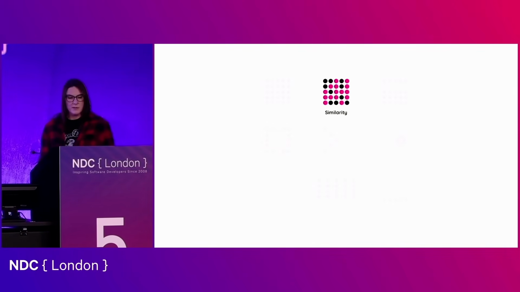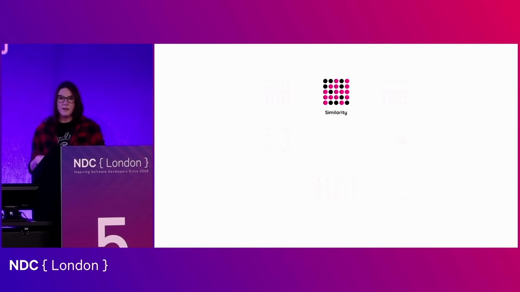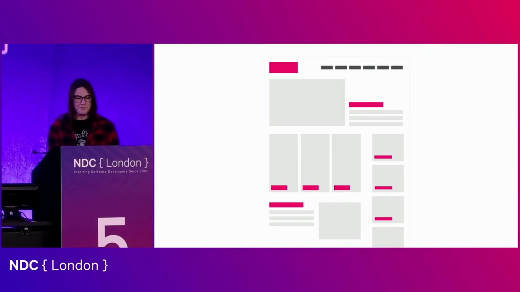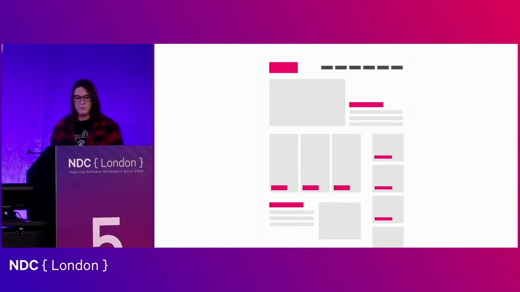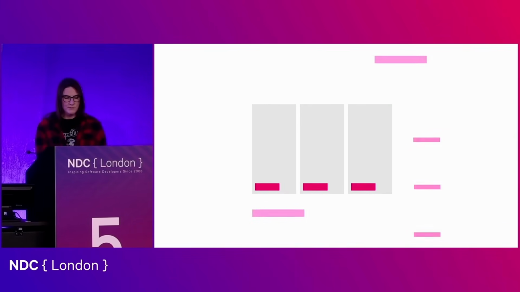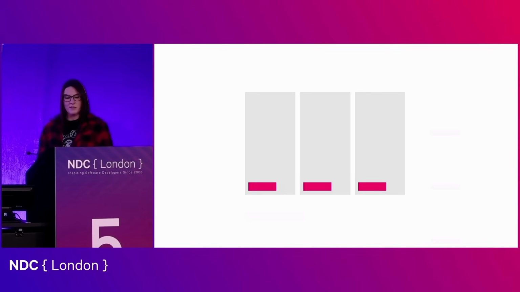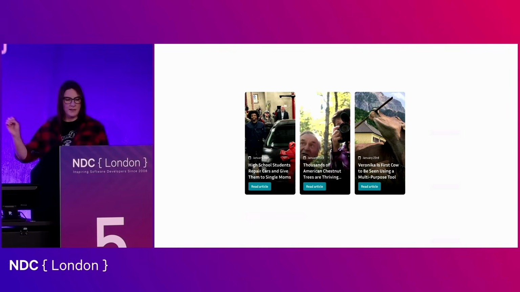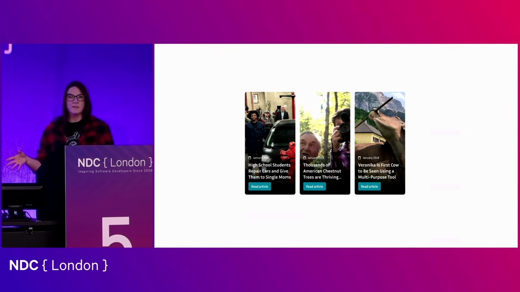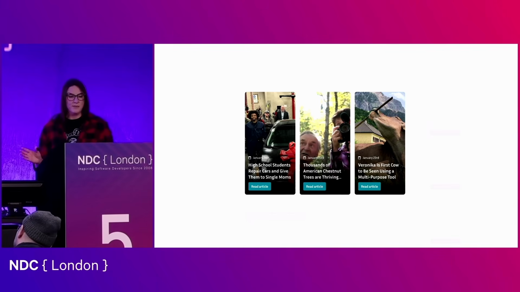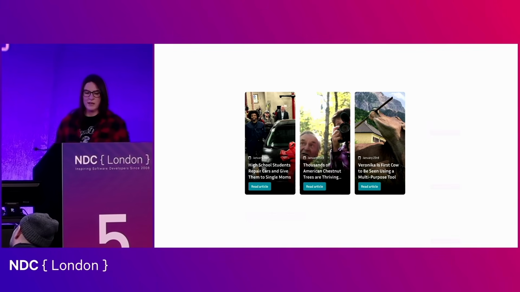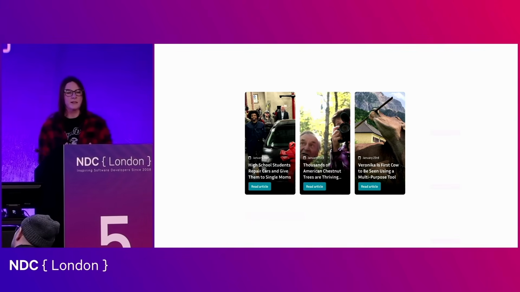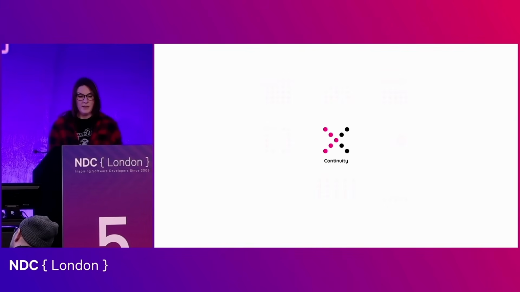Then there's the principle of similarity. So this is where the human brain perceives objects that look similar as belonging to a group as well. So if we go back to our example, if we zoom in, this group of elements all seems to follow a similar structure and look, and therefore they likely belong together. If we take that into the UI, they'll likely use the same component, just the content will be slightly different. So our brain is not only relying now on the proximity, but also the kind of style and layout of these as well.